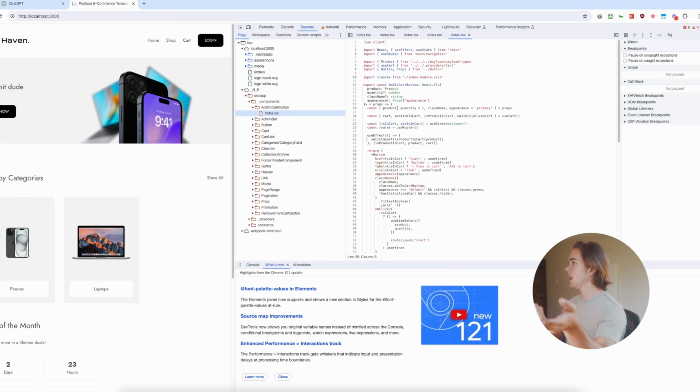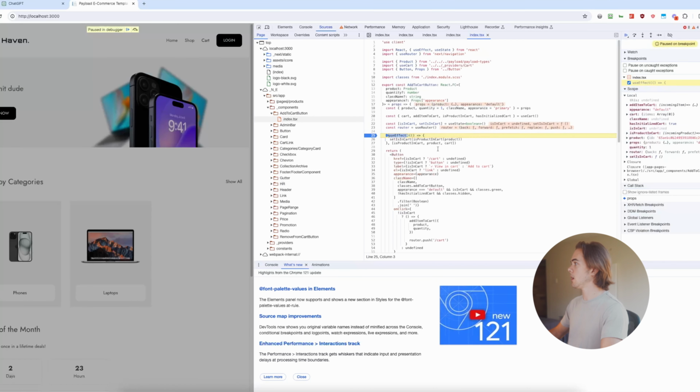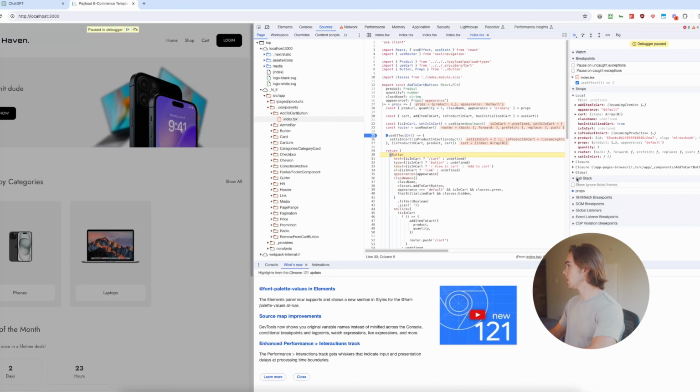But let's say under this add to cart function, I want to put a breakpoint here on this use effect. But now, okay, so let's actually trigger this breakpoint. If I go into, have I configured this? Oh, it's already being hit. Okay, amazing. So now I can just use the same shortcuts that I was using in my IDE. So if I hit F10, it's going to step over, and I'm not going to step into. But yeah, now you can go and inspect, and on the right here you see all the variables that are in scope, the call stack,